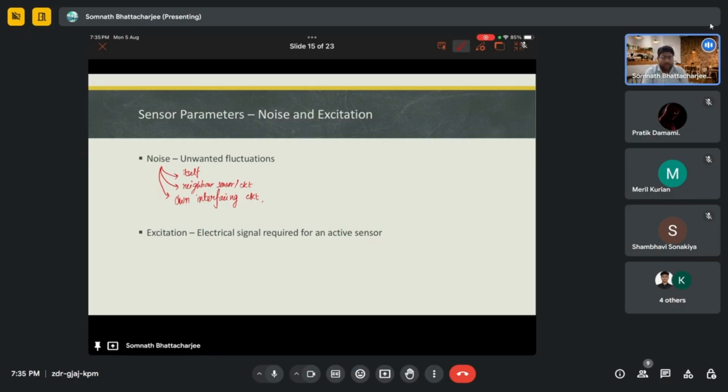So there can be noise from itself. There can be several factors, like a change in humidity can change the characteristic. It can be said as a humidity noise, or due to humidity there is a new noise present in the